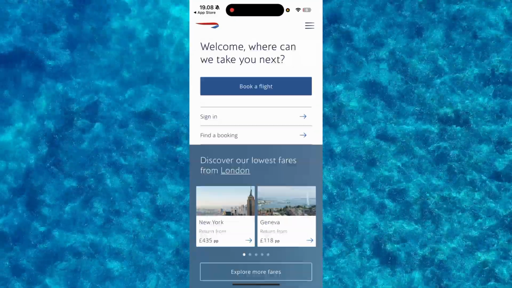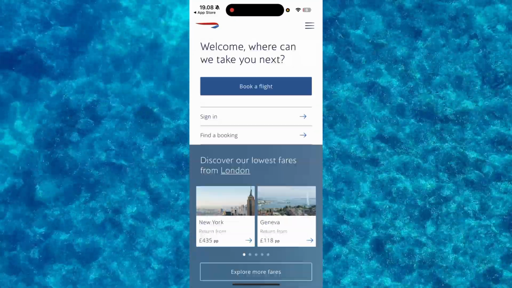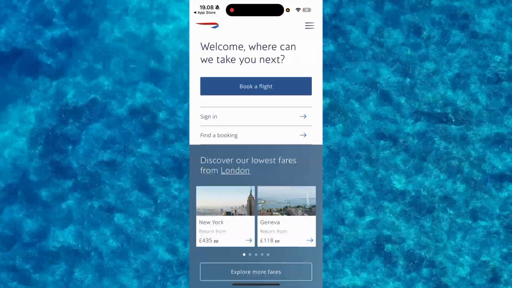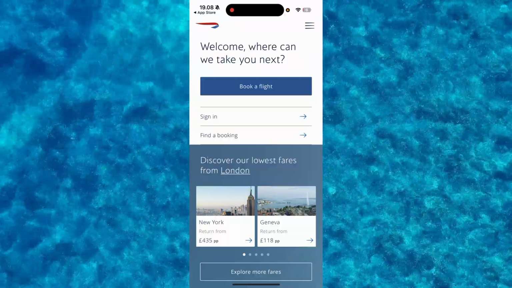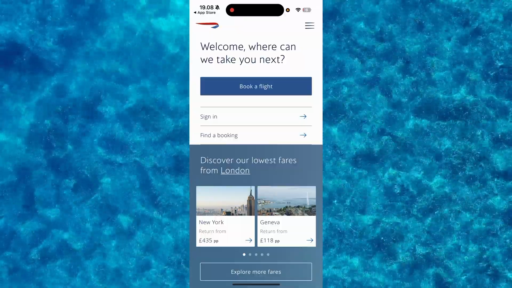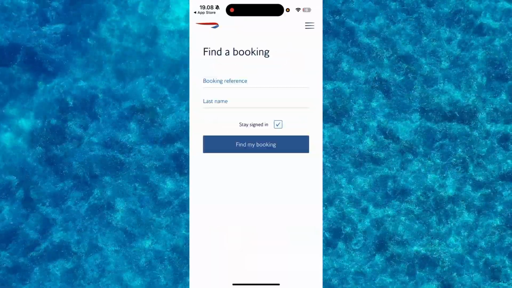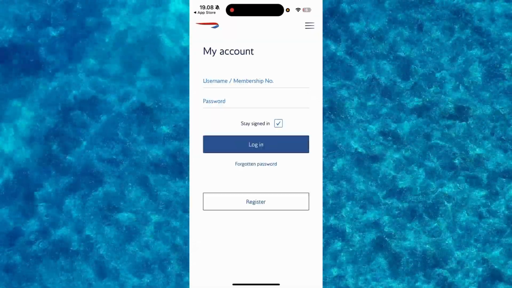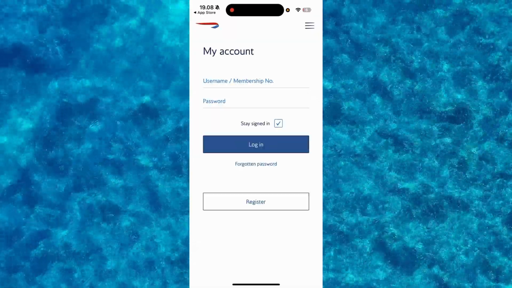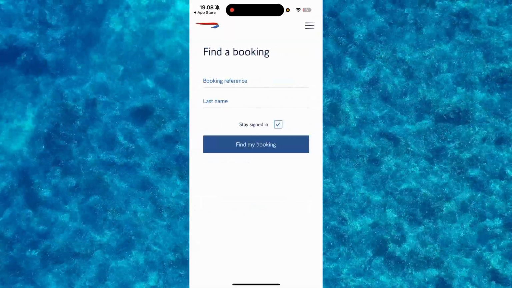From here, it should look something like this. And here you'll be able to book a flight, sign in or register for an account, or find booking. If you click on find booking, you'll end up seeing this page right here. You can just swipe to the right and then you can click on